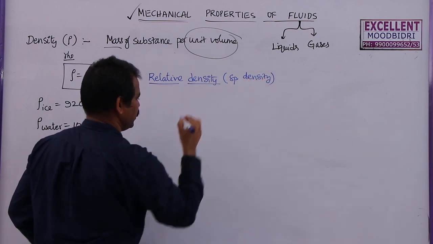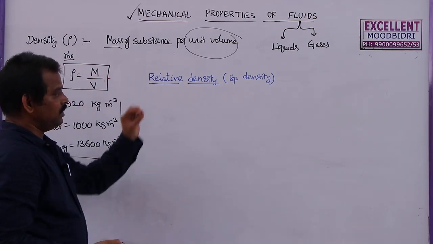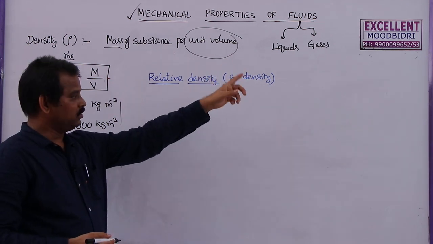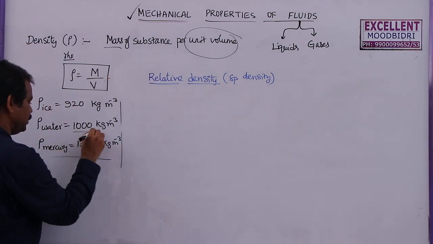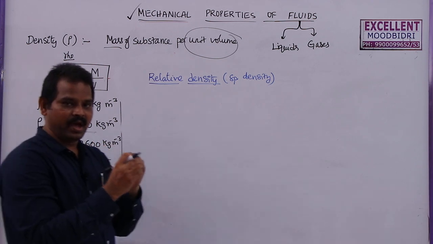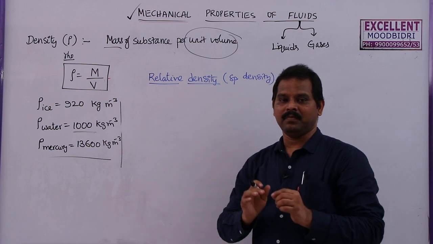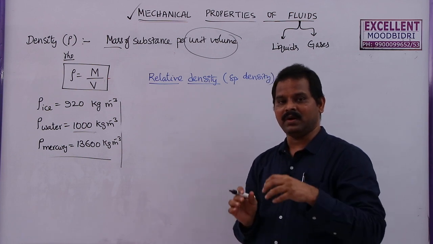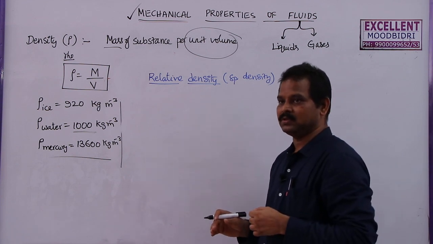So this is a relative density. What is this relative density? It is the ratio between the density of a substance and the density of water. Why? Because water has a complete number here. That's why every time we compare the density of one substance to water, we will get a number. So it is easy to remember that number instead of remembering all the densities of all the substances.